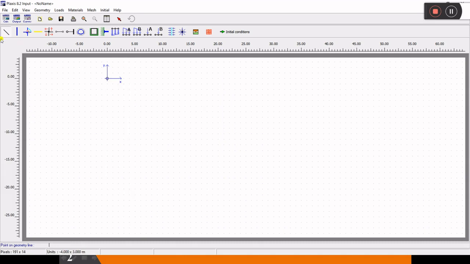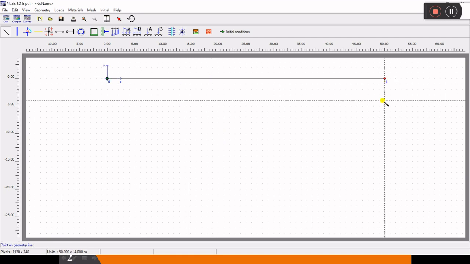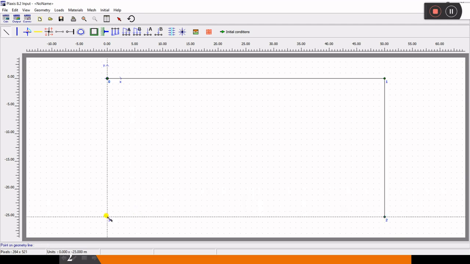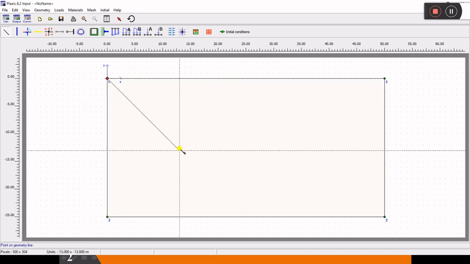Drawing geometry is very simple. You just have to take this geometry line and type the coordinates here. You don't have to click, you just type in the coordinates like 0 0. I've typed it first, you can see it here. So it will automatically connect to 0 0. Then the second point will be 50 0. I am considering the top portion as 0 0, so below the top it will be in minus. So next will be 50 minus 25, then 0 minus 25, then again 0 0. And you see this one geometry is created.